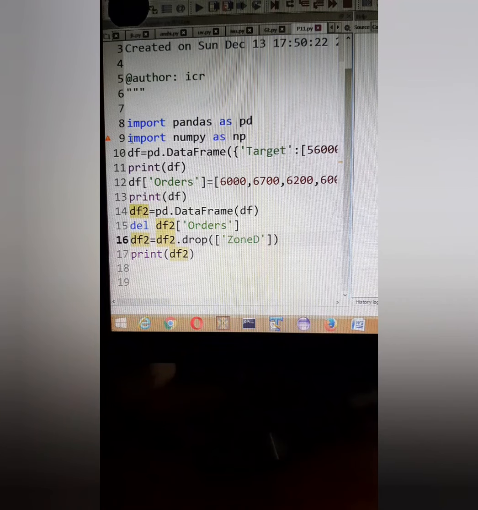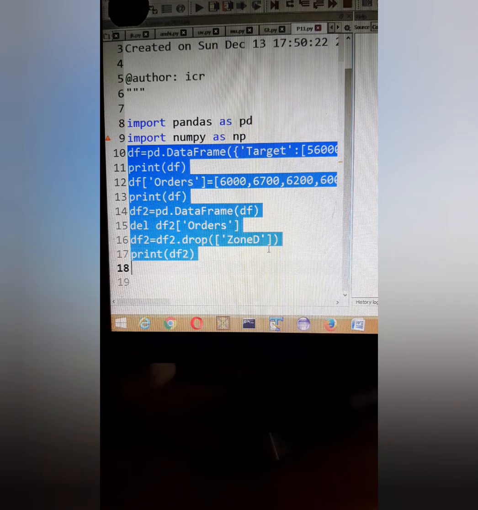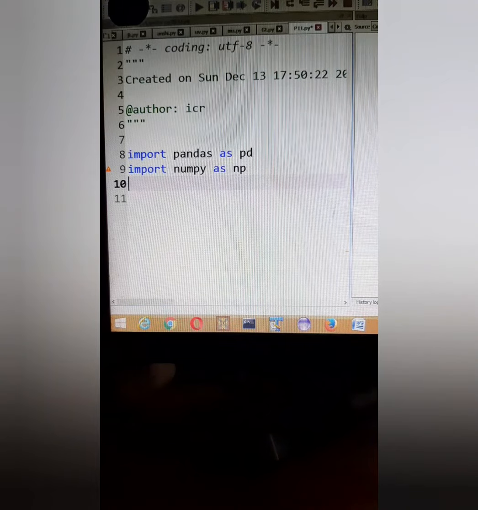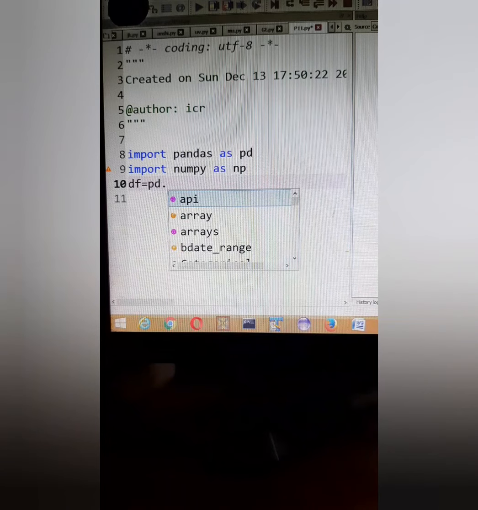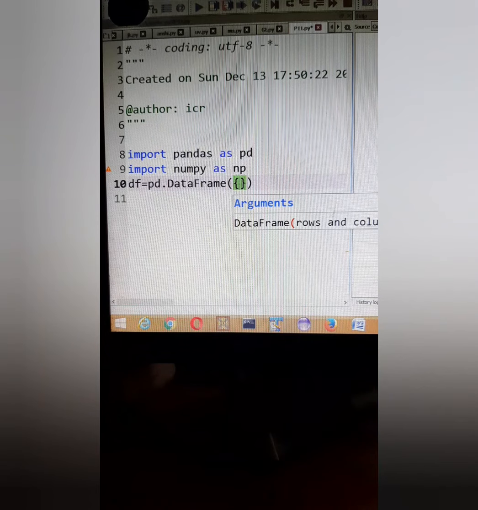Let's see an example. The example given in the book is of students having roll number, name and marks. So let's create the data frame first of all. df is equal to pd dot DataFrame, and here in the curly brace we are going to create our dictionary, name, having some names like Pavni. Name is the key, and the names will be a list of the students. So Pavni is there as a first name.